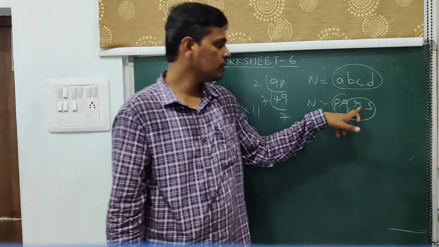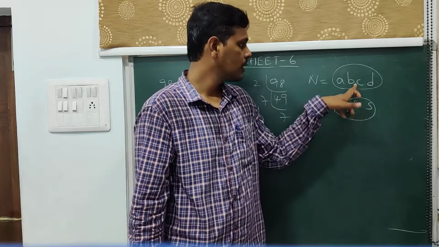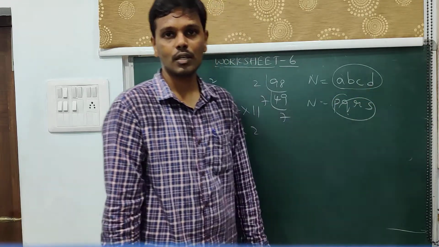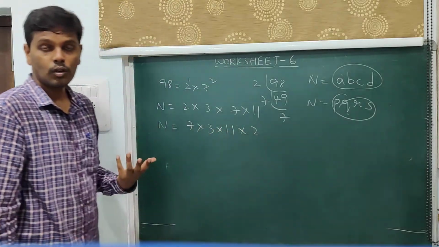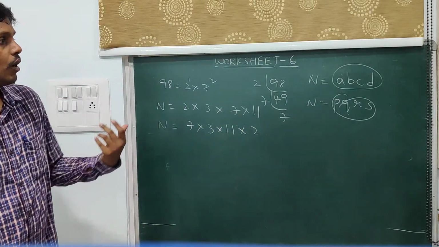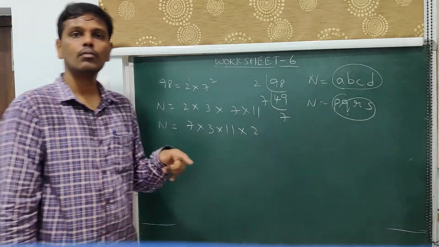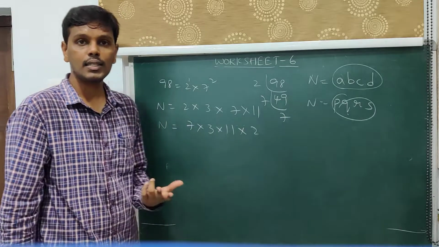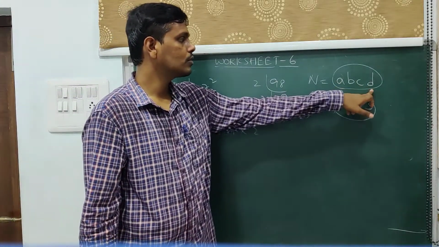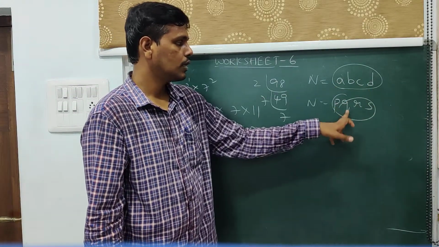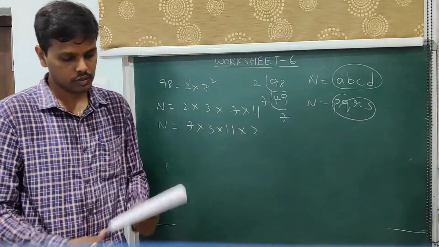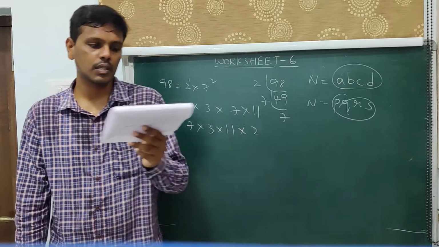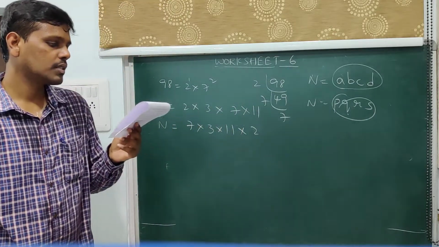Likewise, B is equivalent to one of PQRS. C is equivalent to one of PQRS. D is equivalent to one of PQRS. Therefore, though A may or may not be equal to P or Q or S, it is equal to one of PQRS, which we don't know because we don't know the numericals. But we can clearly say that the sum of A, B, C, D is equivalent to the sum of PQRS, which means that the first option is true. A plus B plus C plus D is equal to P plus Q plus R plus S.